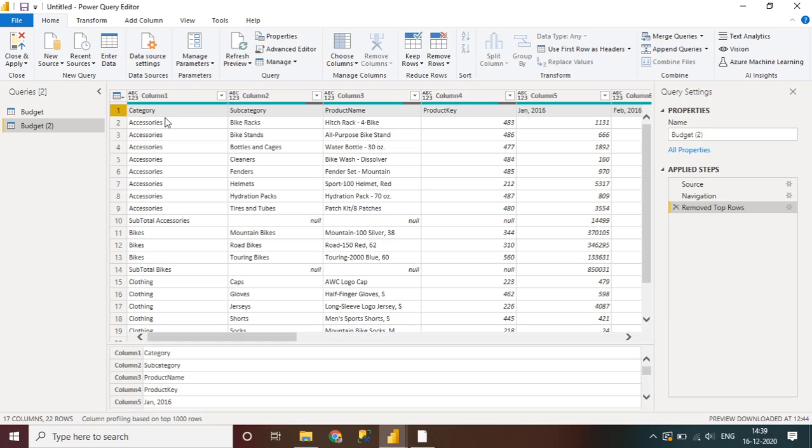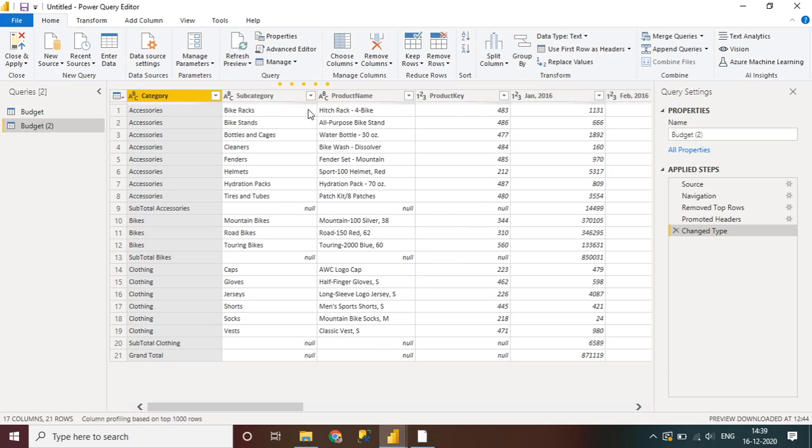Okay, now what is next? If you see this first row, the column names are Column1, Column2, Column3. This is not correct. Category, subcategory, product name, these seem like column names. So you want to promote this first row to a header. For that, Power BI automatically provides a ready-made option here, a button, Use First Row as Headers. So you just need to click on it.